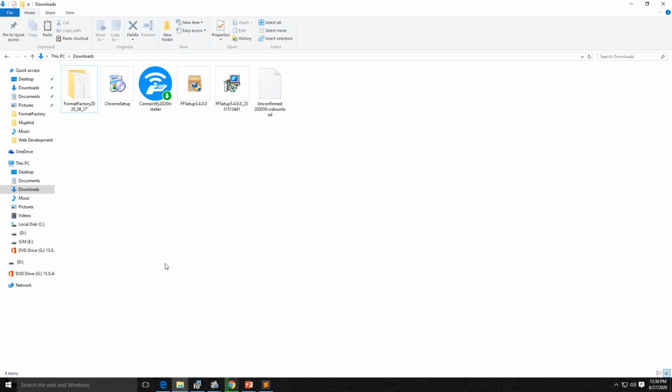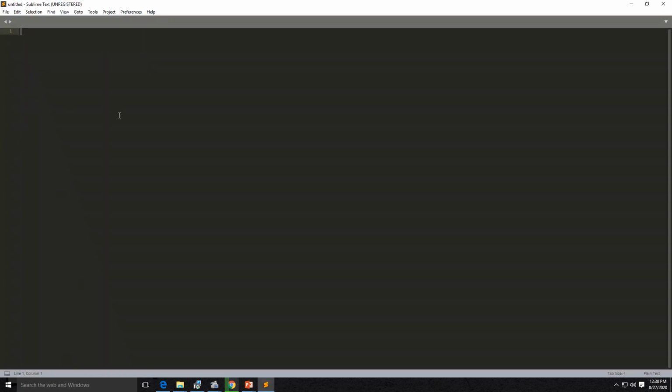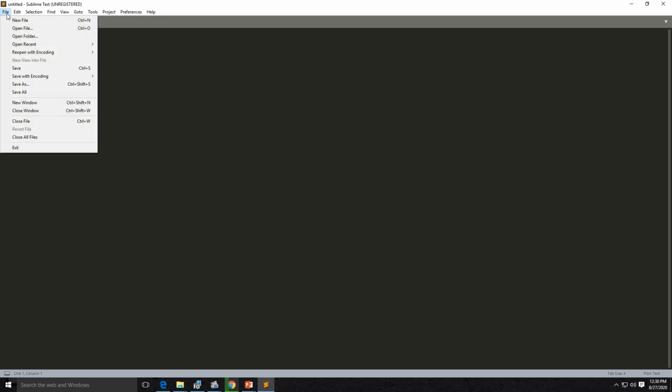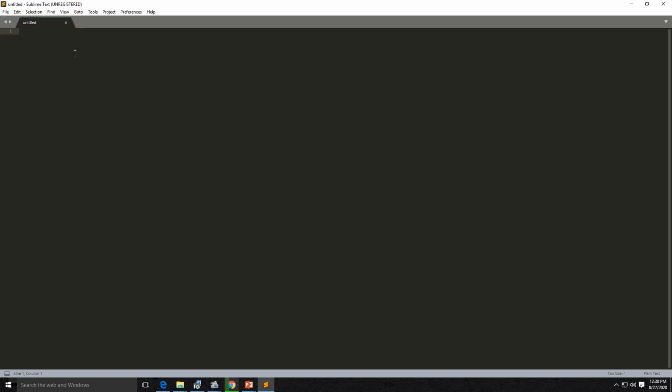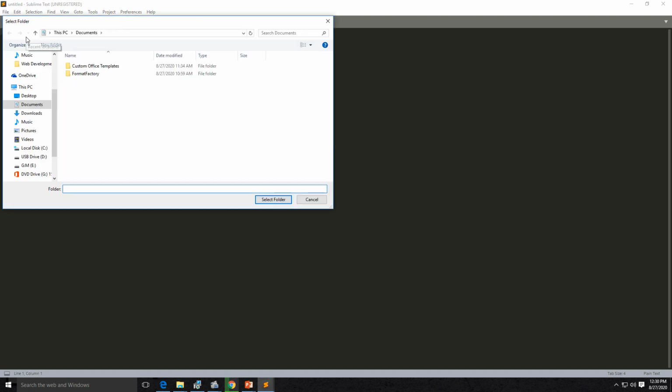After installing the setup, you have to go through the steps and open the Sublime editor. Then in the Sublime editor, go through the files and you can create a new file, give any name to the file, and then save it in the location you want. But the advantage of this Sublime editor is you can open a folder. Like I'm going to the desktop and creating a folder, so you can go to any location in any drive like C, D, E, F, or any other drive if available in your PC.